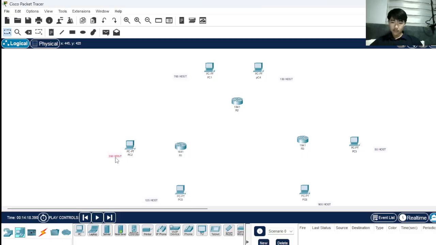Then let's adjust. Let me see. Okay, let's adjust and align everything. So after this, for the connection, so after we align,